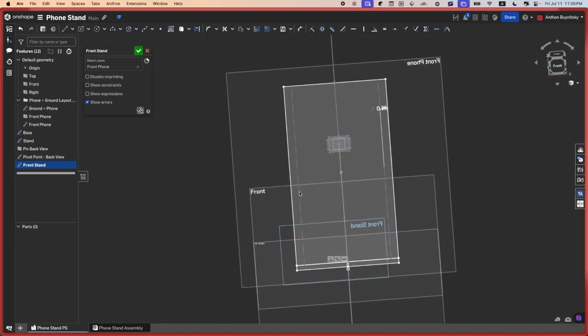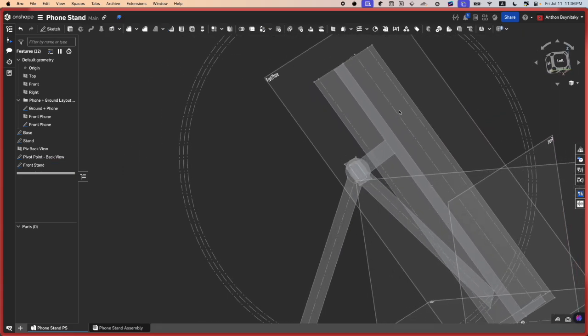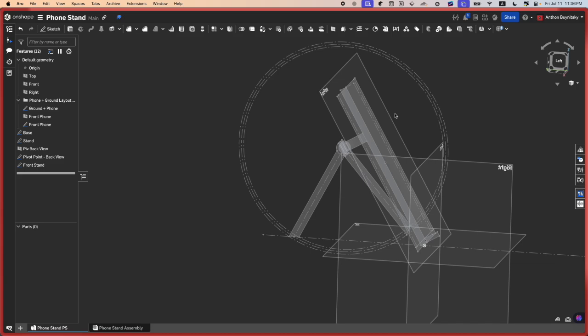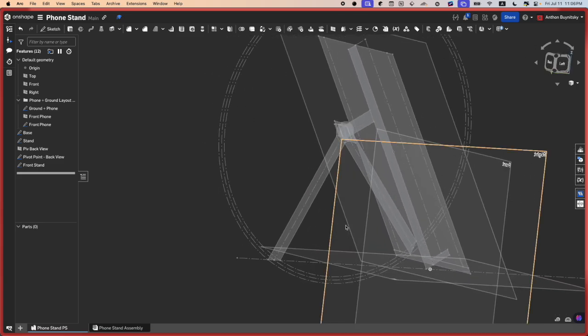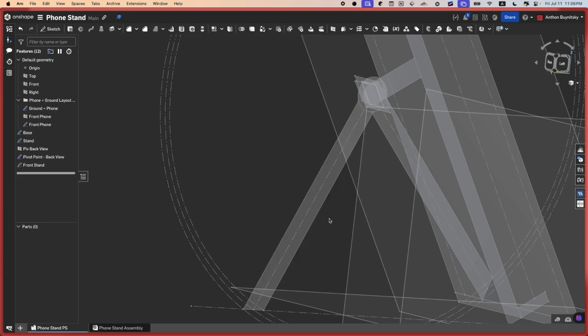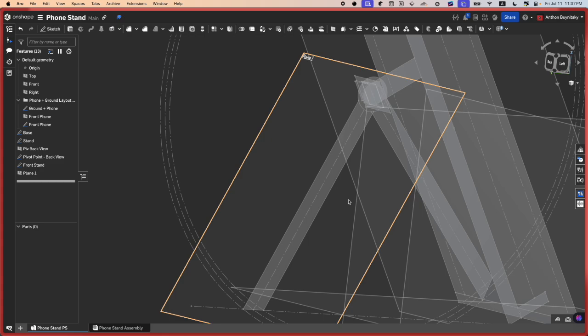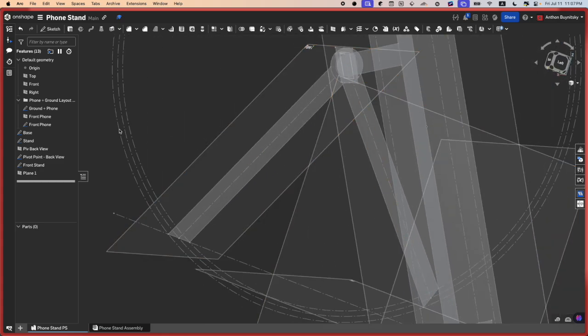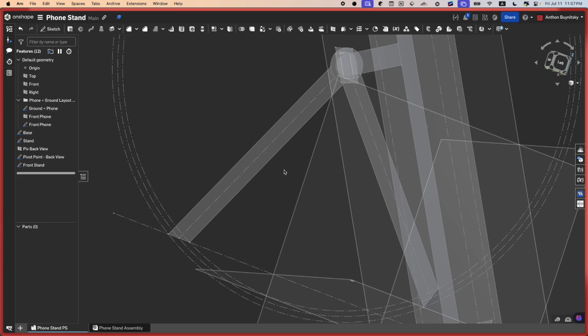Okay, cool. Very, very simple front view of the stand. Okay. Now you can also do a similar thing for the pivot leg over here as well, right? Where you make another plane over here, make it 9 degrees, and make another sketch depicting it. I will leave that up to you if you want to do it, because I will now move on to